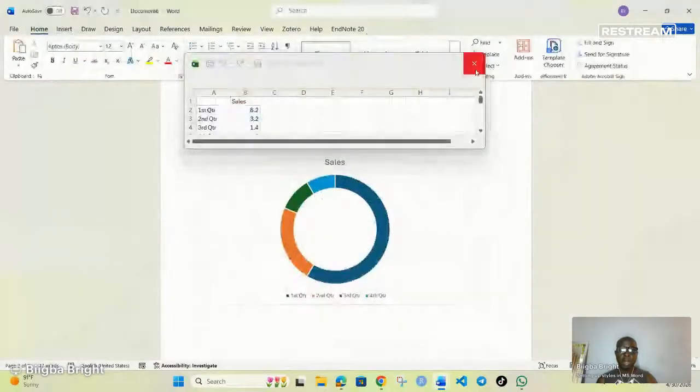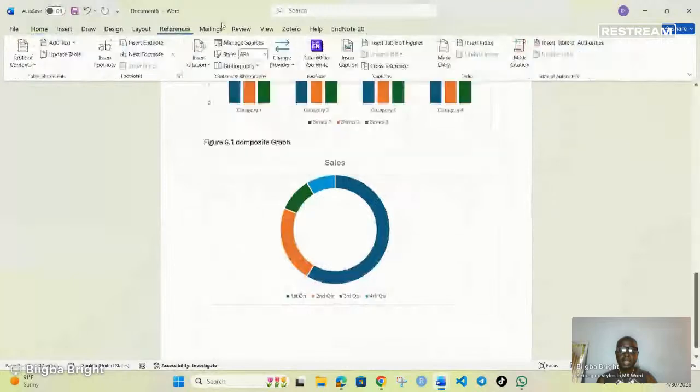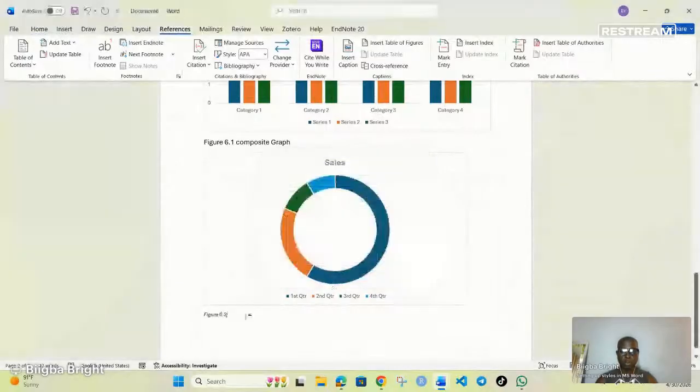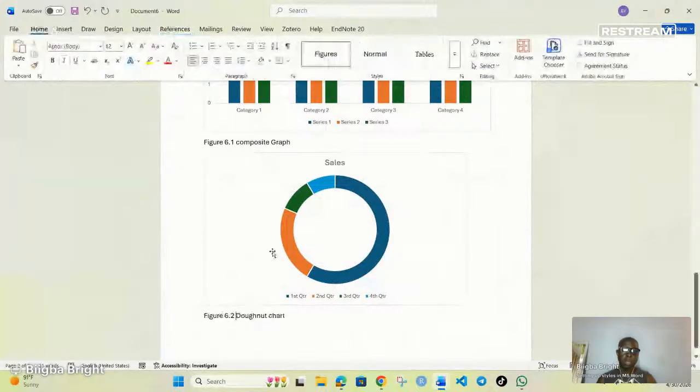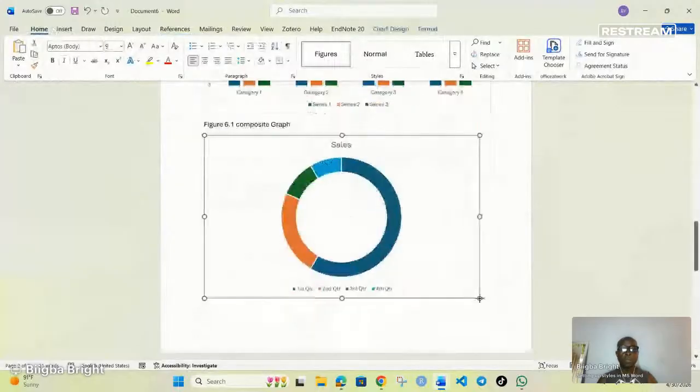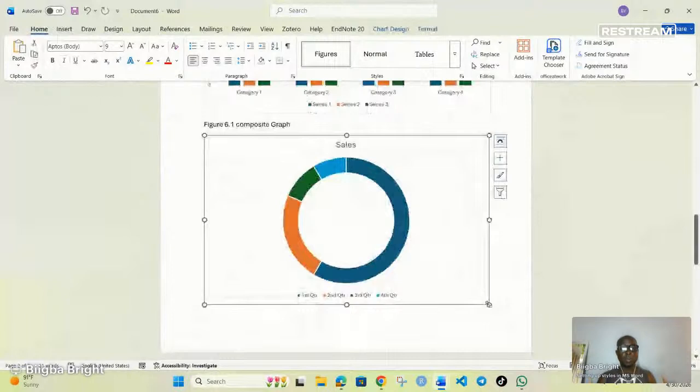The figure label, I will now have to come to reference and say insert caption, and automatically Microsoft Word will detect it as my figure 2. So I'll simply put here figure 2, and then I now can add it. Maybe this is a donut plot, maybe a donut chart, or I think so. So then that's it. You click on that, go to your home tab, come to figures, then you have it properly aligned. And then this is how we set up our styles before we can zoom in to start working on our thesis,